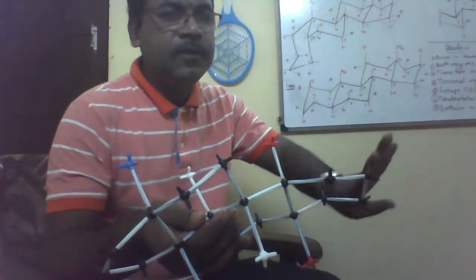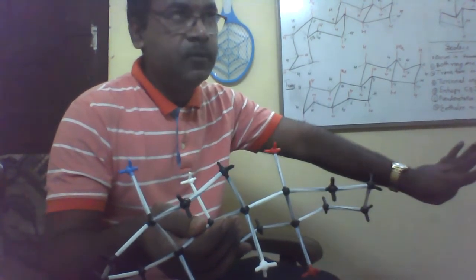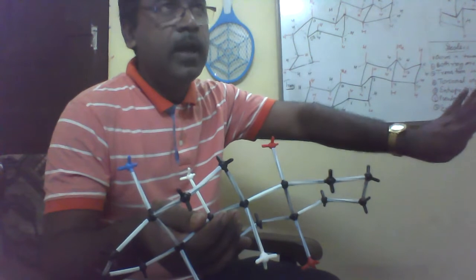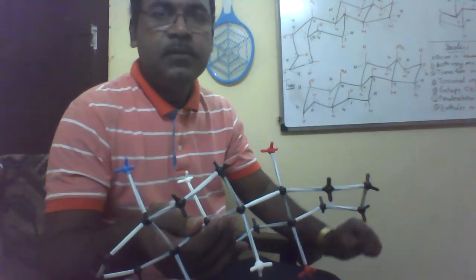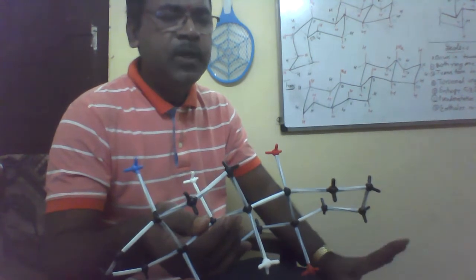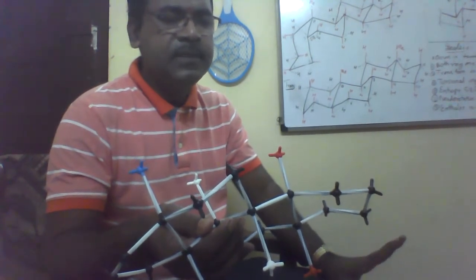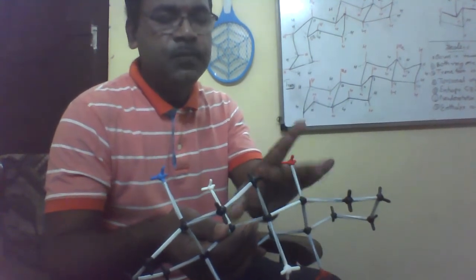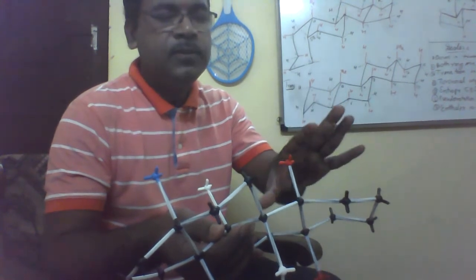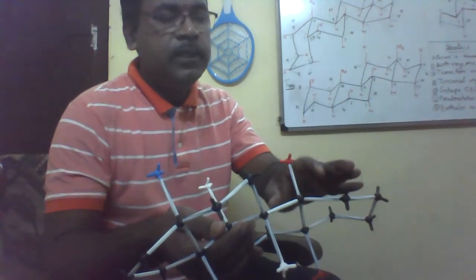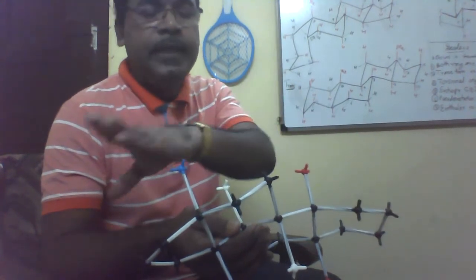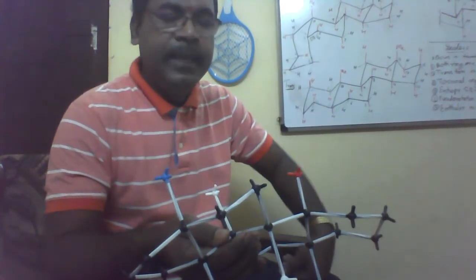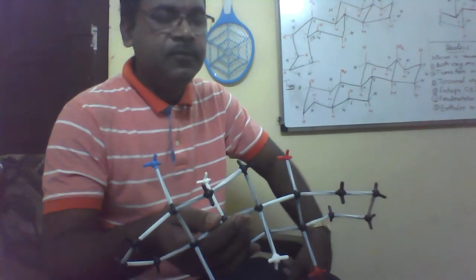There are four types of conformations: chair conformation, boat conformation, half chair conformation, and twist boat conformation. We studied that part in TYBSc. But now you are not in TYBSc; you are now in MSc Part 2. You must know about this steroid. In this steroid, the A ring is chair form, this is chair form, this is chair form, and the other five-member ring is like an envelope form or half chair conformation.